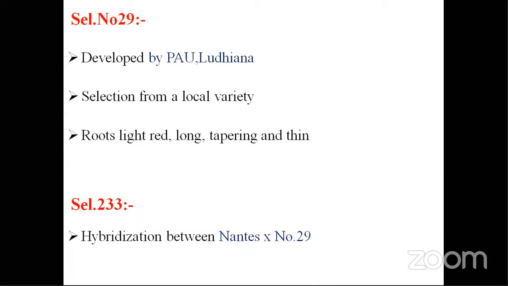That is important. Selection number 29, which was released from PAU Ludhiana, and it is a selection from a local variety, generally tapering, thin and light red variety, which is generally long. So it is thin means it will obviously be long. Selection 233, which is a hybrid between Nantes and number 29. So the above number 29, when it was crossed with Nantes, then it is selection 233. Nextly,